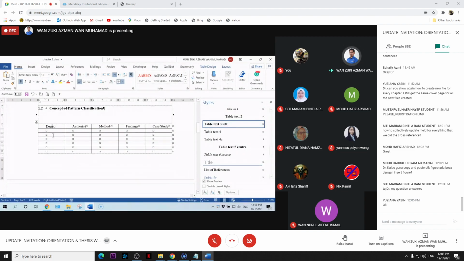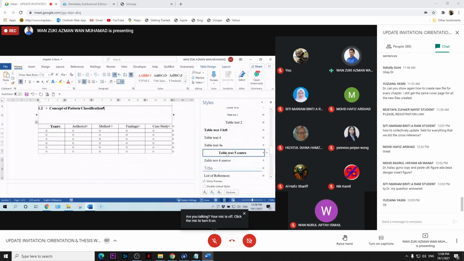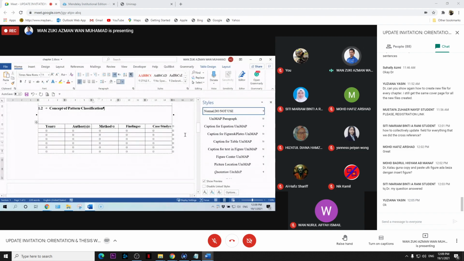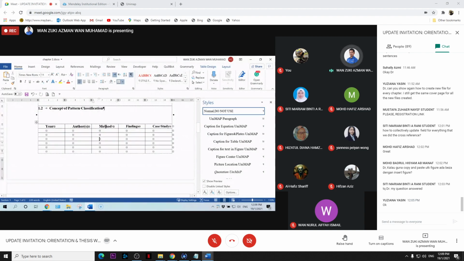This one left. Okay. Before that, we try to clear format first. If you want this, center. This one, left. If you want this, left. So you can use it if you want. If not, you can just use the traditional way to make it bold, or you want to make it italic. So this one depends on your way, how to format your table, or you can use the three line.